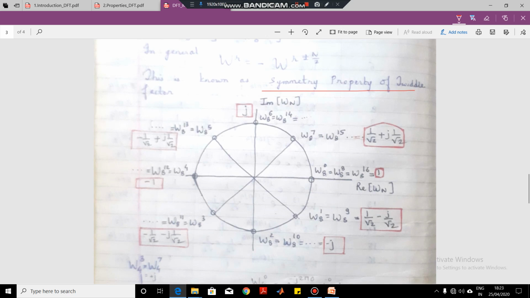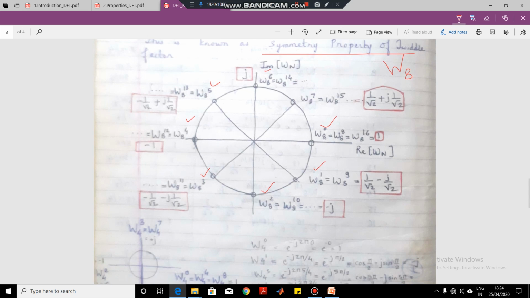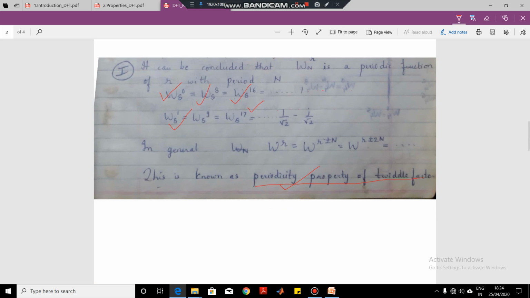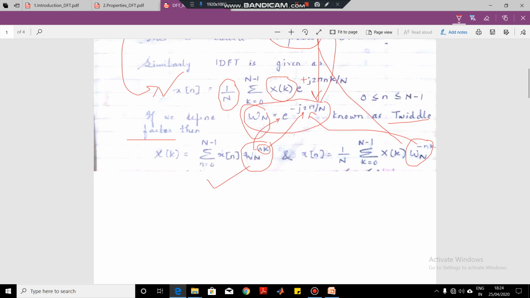See, if I compute all the values of the twiddle factor, suppose for W8, I go on computing W8 0, 1, 2, 3, 4, 5 and 6. So how to compute these values? I can compute them by using this formula. So what is my W8? In this formula, W8 is equal to